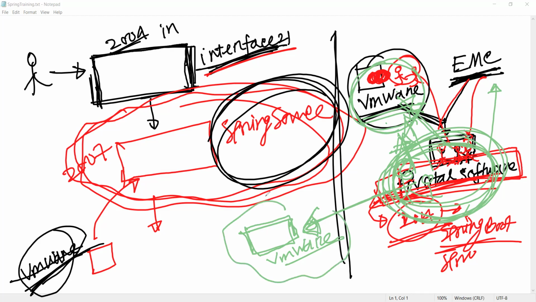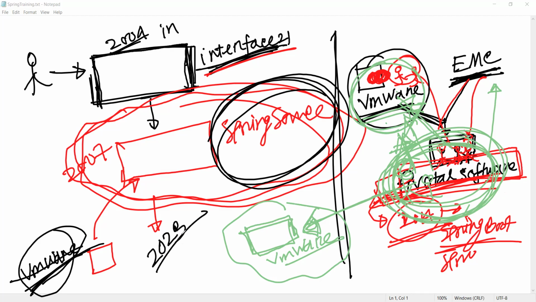But recently, let me share this information also. Mainly in 2023 or 2024, whatever the year, no issues.